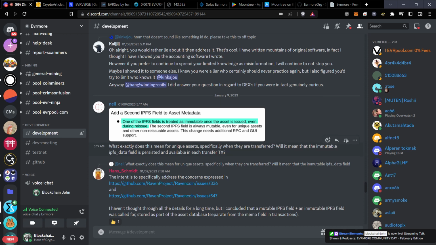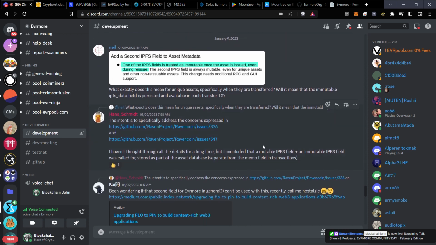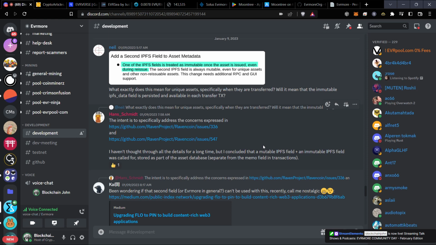Neil responds, what exactly does this mean for unique assets, specifically when they are transferred? Will it mean that the immutable IPFS_data field is persisted and available in each transfer transaction? Hans responds to Neil. The intent is to specifically address the concerns expressed in github.com/ravenproject/ravencoin/issues/336 and github.com/ravenproject/ravencoin/issues/547. I haven't thought through all the details for a long time, but I concluded that a mutable IPFS field plus an immutable IPFS field was called for, stored as part of the assets database,